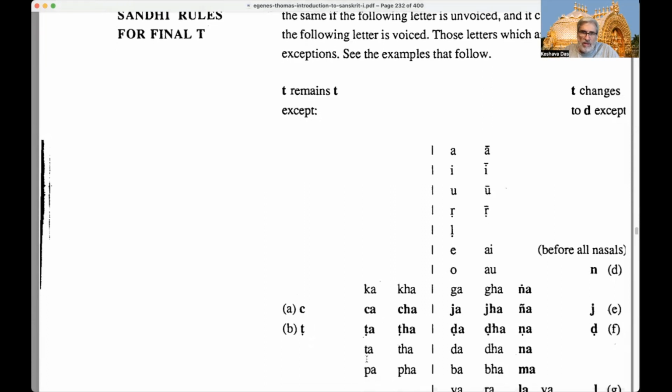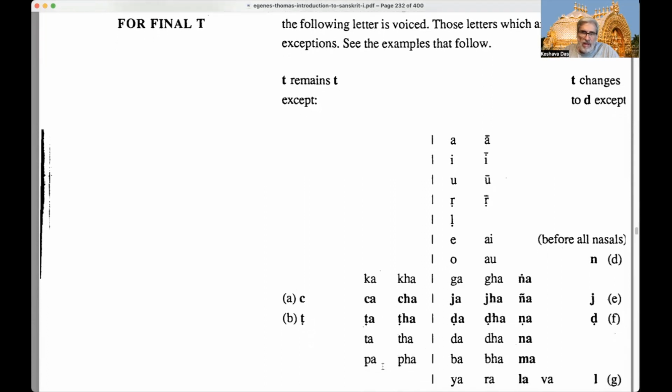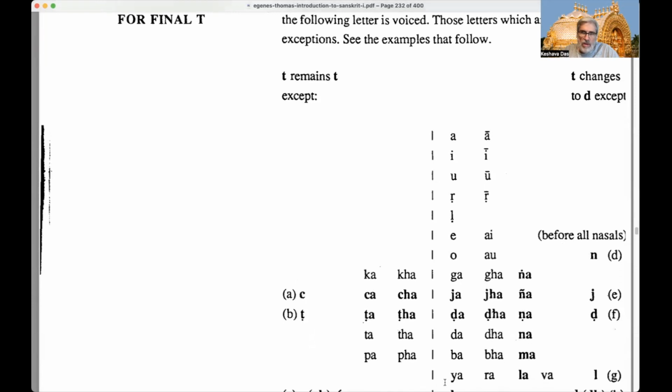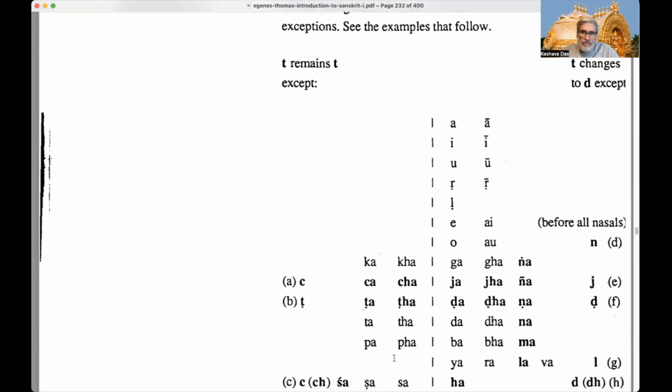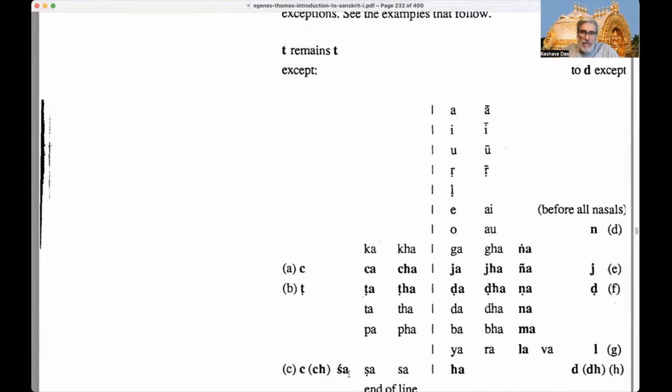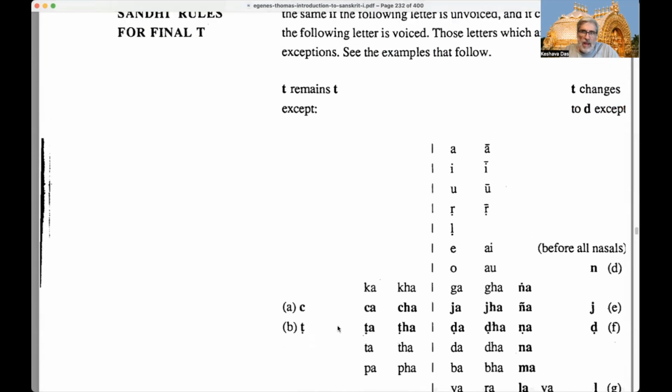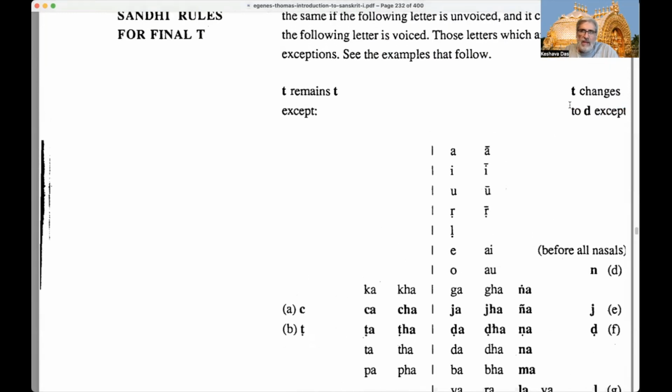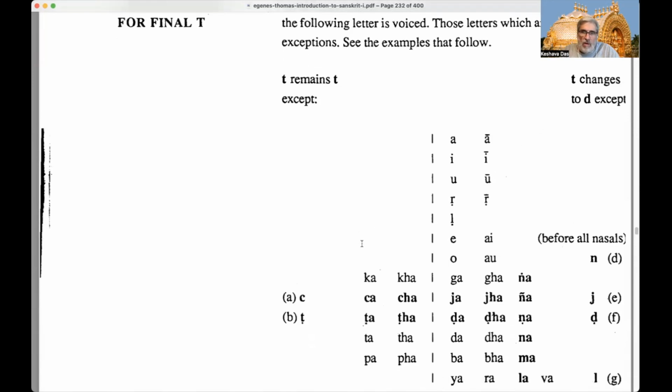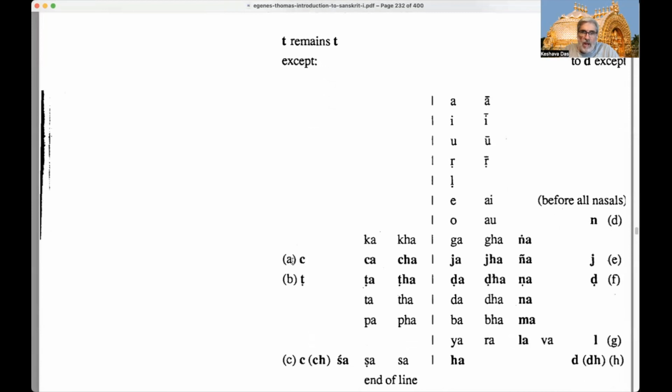Or ta tha da dha, or pa pha ba bha, or ya ra and va, right? And that's it. And then the T, the dental T, changes to dental D from unvoiced to voiced when followed by